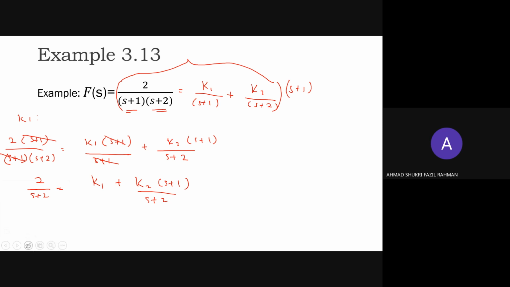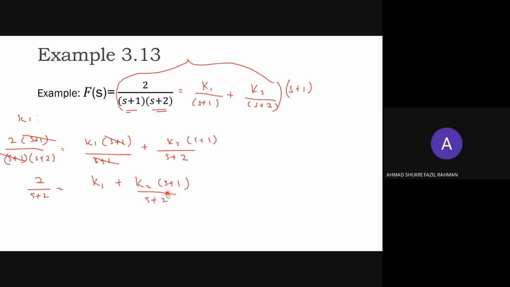Okay, right now our objective is to find K1. You can see from this equation it also includes K2. So in order to find K1, the variable must be K1. For this equation, we have 2 unknowns, K1 and K2. So we need to eliminate K2 because we want to find K1, and to achieve this, we need to set K2's term equal to 0.